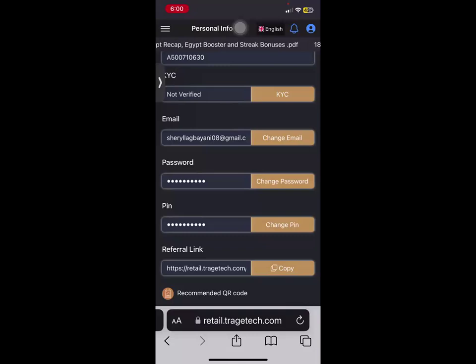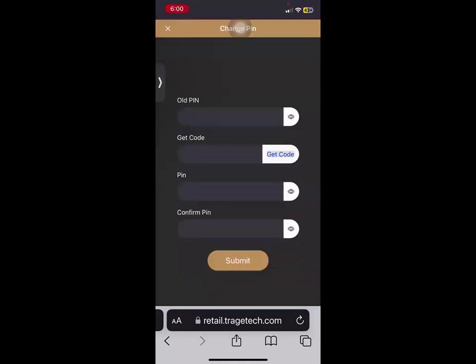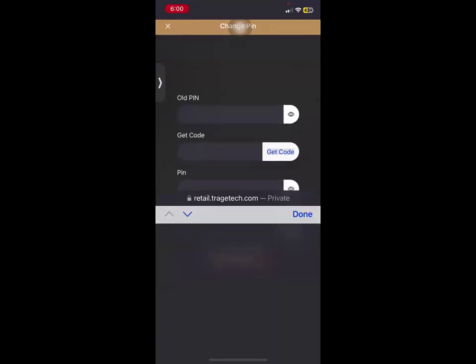We click the change pin button, and then key in the temporary pin that they gave us. I am not sure if I did the right one. Yeah, I think so.